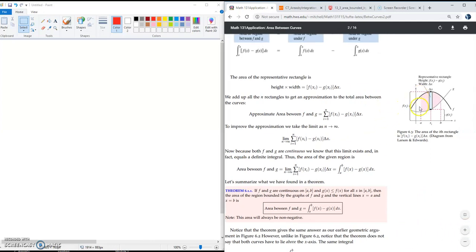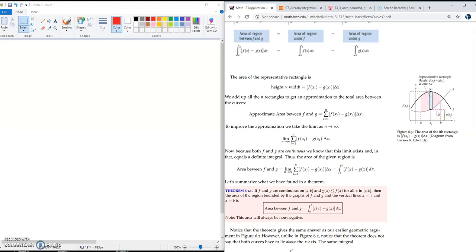If you have two curves, and here they're named F and G, but I'm not going to really label them as such. How to find the area between the two curves if they're going up and down like this,